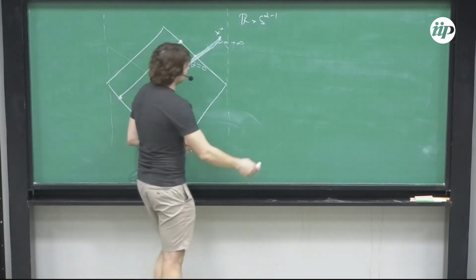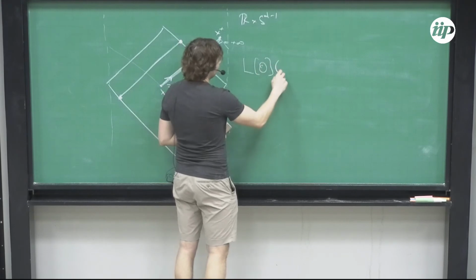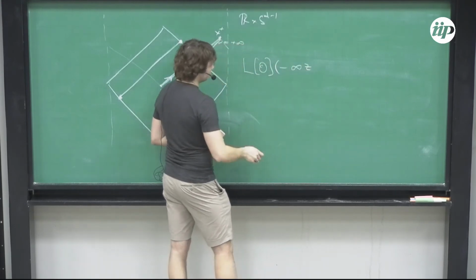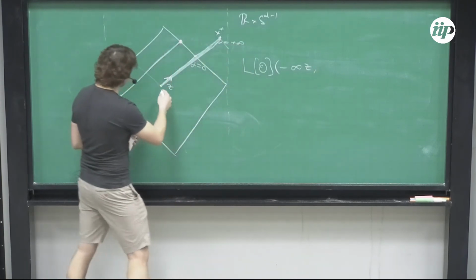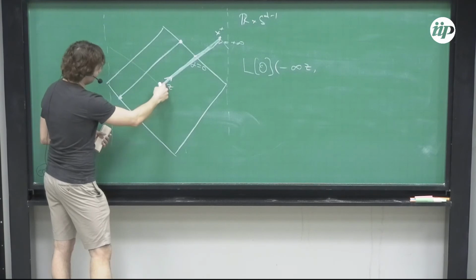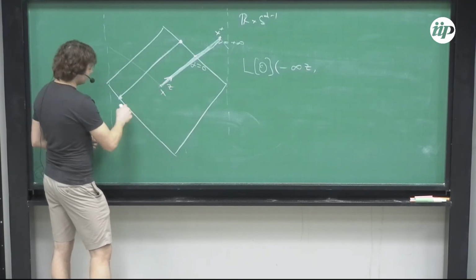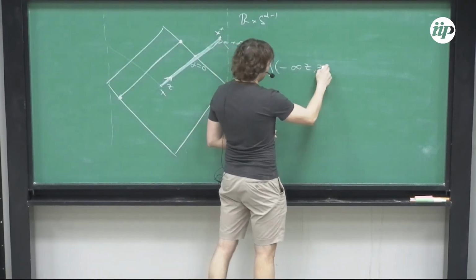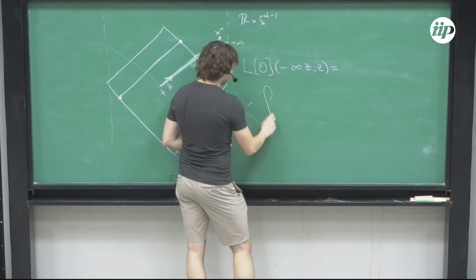And the formula for it, after you figure out the conformal transformations, is that you can parameterize the points at past null infinity in this way. So you basically take vector z and you push x in the direction opposite to vector z until you hit past null infinity. So x is like minus infinity times z, and the polarization vector is still z. Then this integral is given by